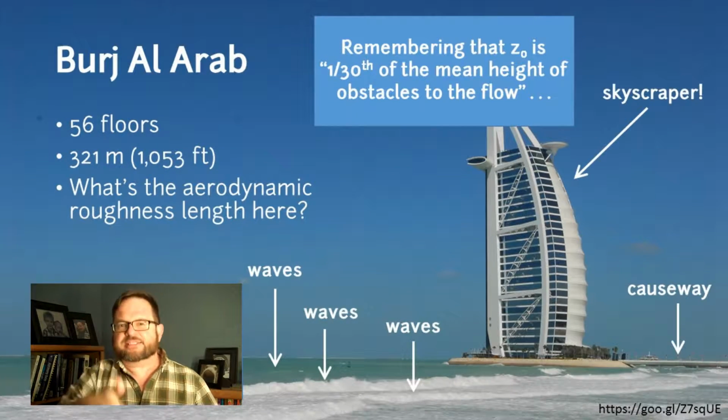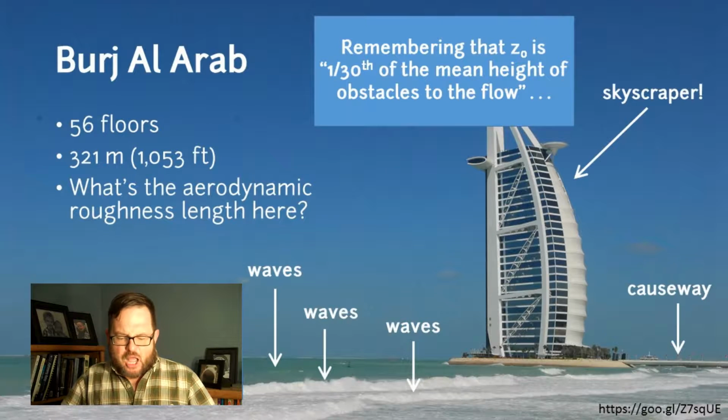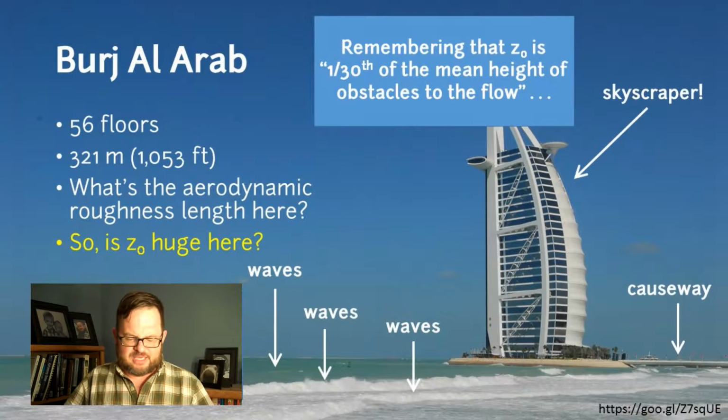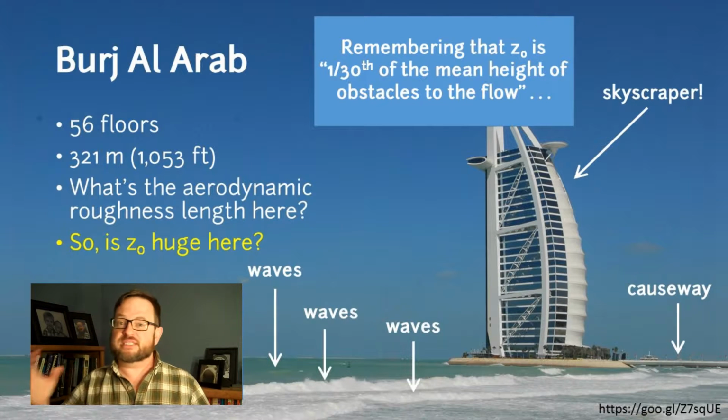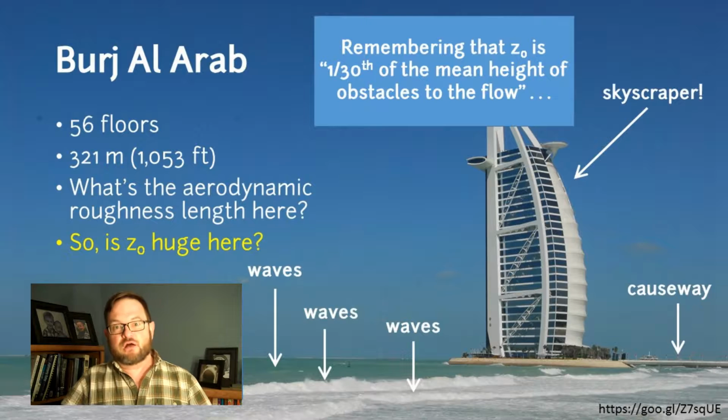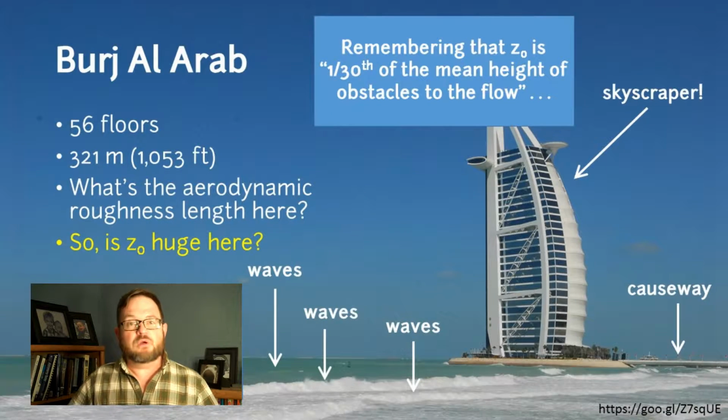And oh yeah, the skyscraper. We've got this 1,000-foot tall tower in the way. What does that tell us about the aerodynamic roughness length? Does that mean that our value of Z0 is huge here? Because if we're going to have the average value of the height of these objects that are in the way of the flow,